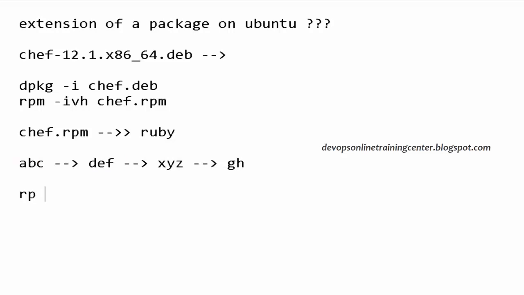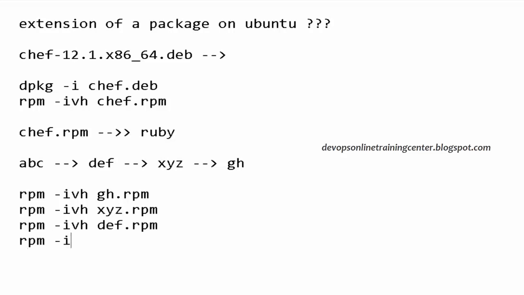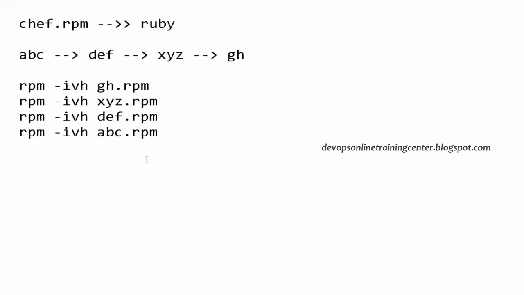First step is rpm -ivh gh.rpm, then rpm -ivh XYZ.rpm, then rpm -ivh DEF.rpm, then rpm -ivh ABC.rpm. This is the process I have to follow, one by one, right?